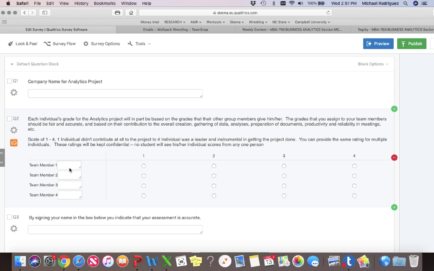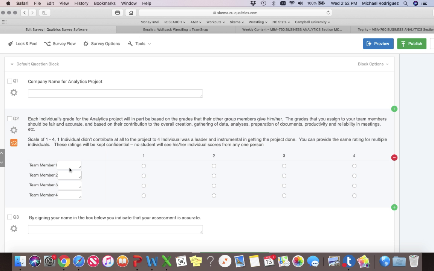If you feel that everyone in your team contributed pretty well, then you can give everyone the same exact score of a 4. If you feel that there was one person that was a leader and contributed the most, or coordinated all the projects and meetings, you can give that person a 4 and the others a 3. Now, if there is an individual where I see consistent 1s, their grade will be impacted. For instance, if you get a perfect score on this project and 3 members say that you scored a 1 and didn't contribute at all, then there'll be a 10-point deduction for each team member that gives a low score.